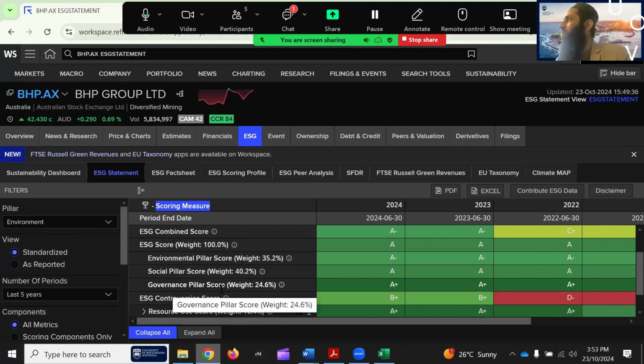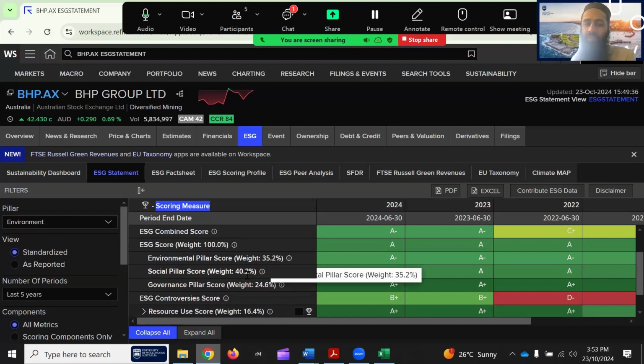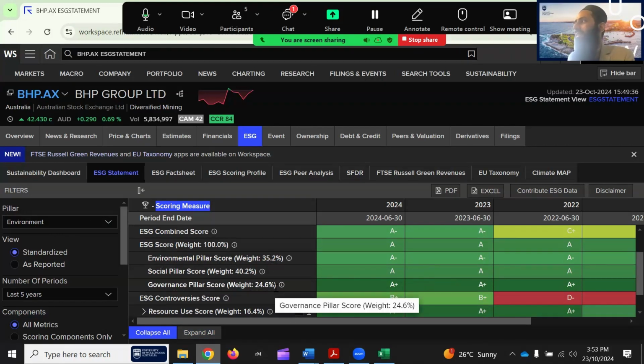And as I was saying, Refinitiv uses some weights. You see the weight given to the environmental pillar is 35.2%, social pillar 40.2%, governance pillar 24.6%. These weights change if you change the industry. If you change BHP to AGL, AGL is from energy, so you will see the environmental pillar has more weighting than other pillars.